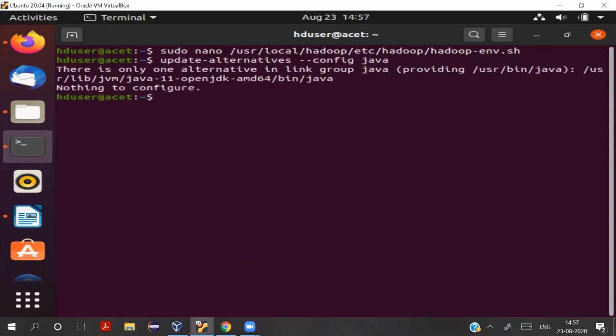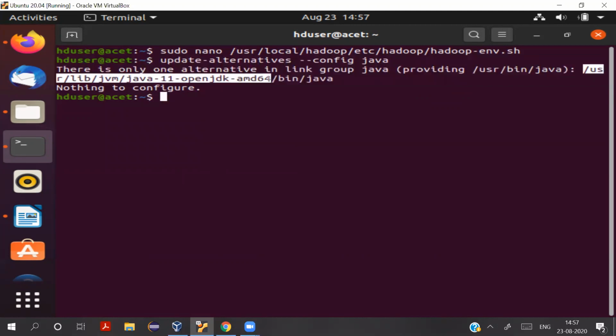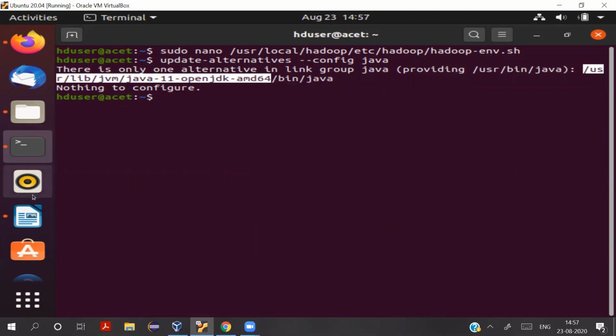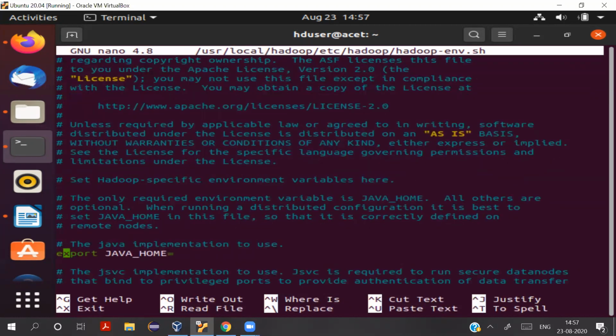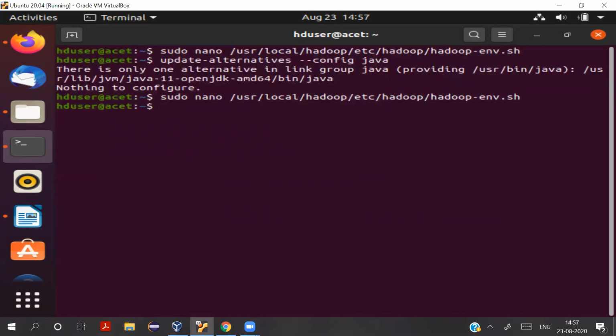Yeah, this command, and then from here you can copy the path. This was the path. And now we can open the file once again and copy the Java home here. Okay, this is the Java home. That's the only setting that you have to make, and this configuration is also done.